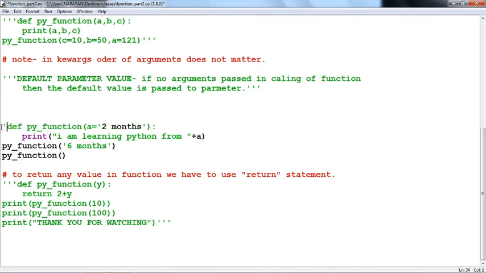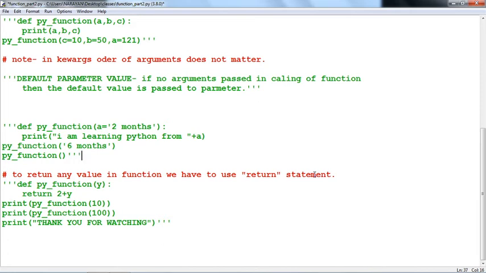Next, if we are going to return any value in a function, we have to use the return statement. As I told in the previous lecture, a function is a block of code which returns a value as a result.